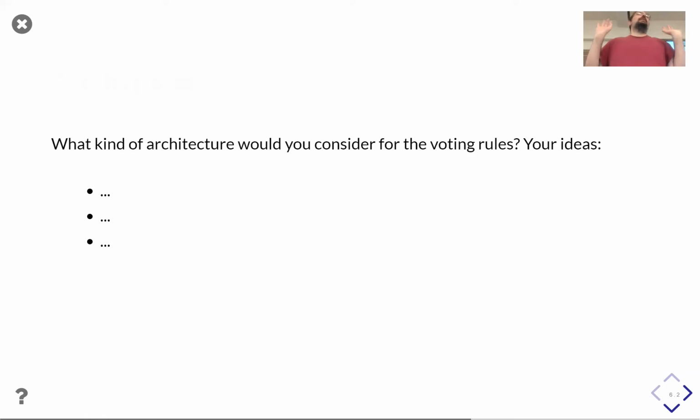The least they can do is provide a winning candidate. And very often they're also capable of assigning scores to the candidates, maybe ranking them, so providing an aggregated ranking of the candidates for the whole population. And that's it. So what would you envision as a general architecture for the voting rules?